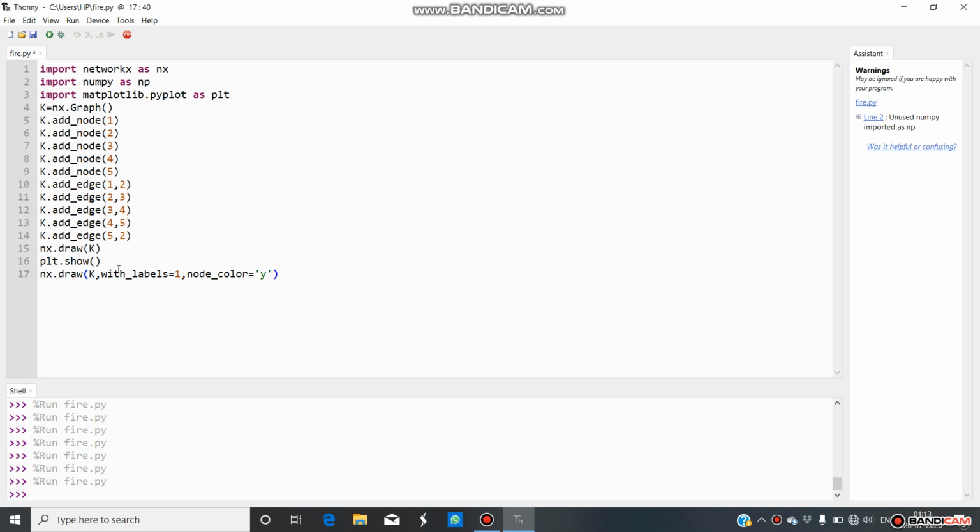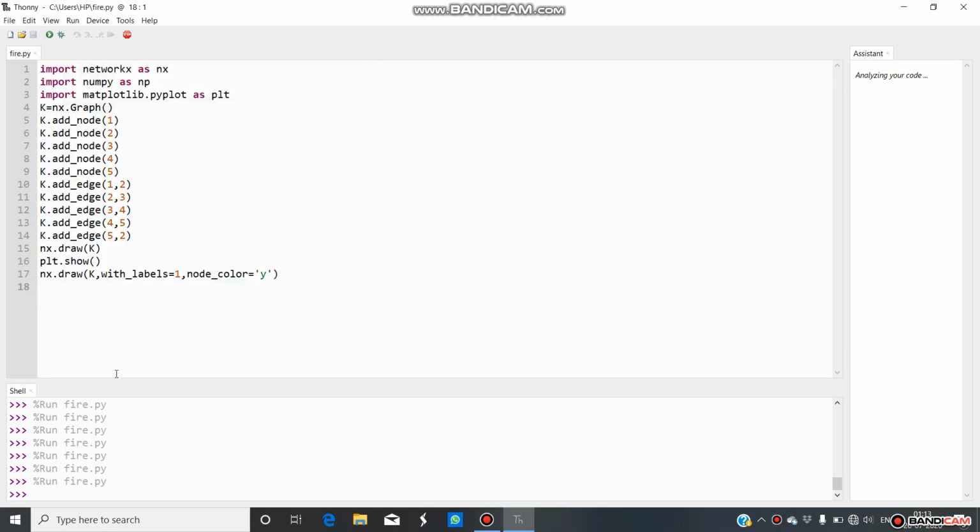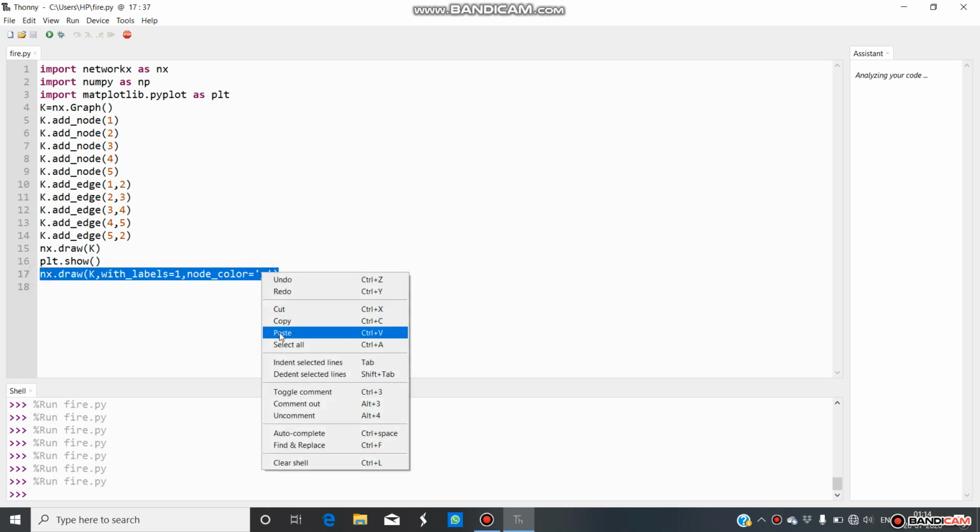Here y stands for yellow color. Now run it. Sorry, we have to change the position of this code.